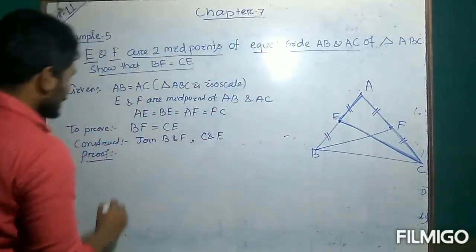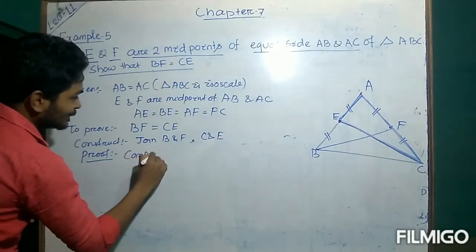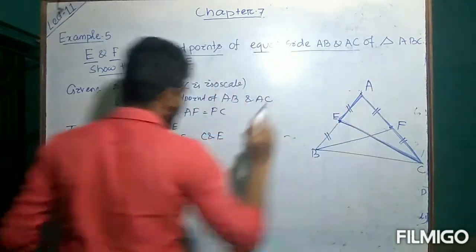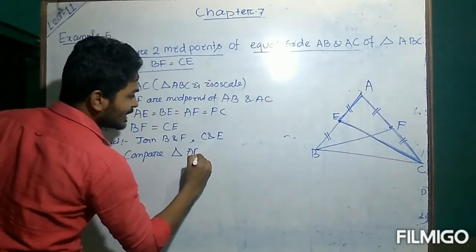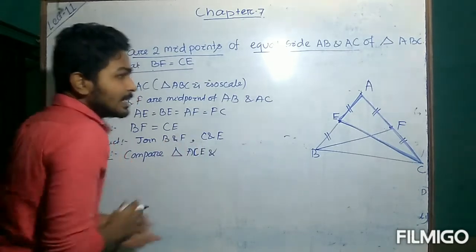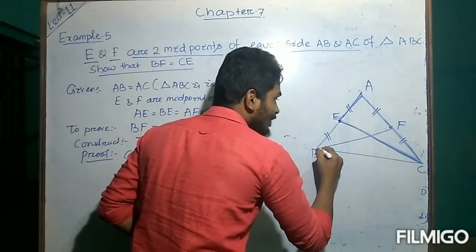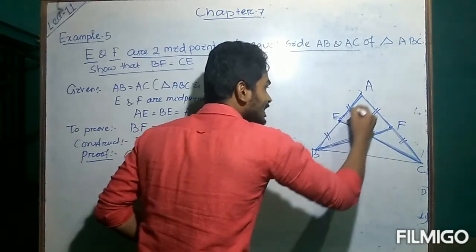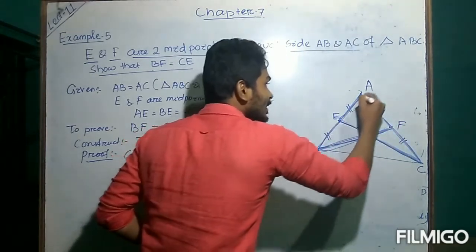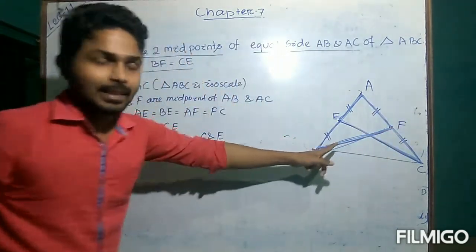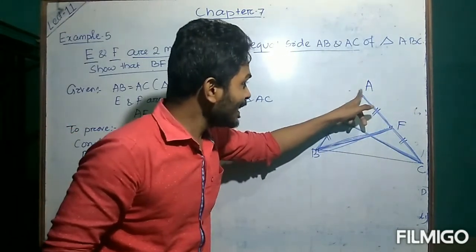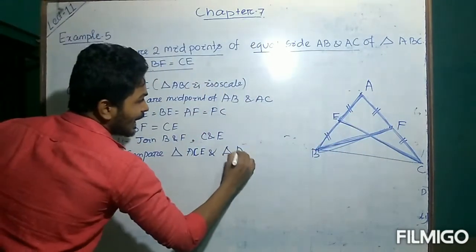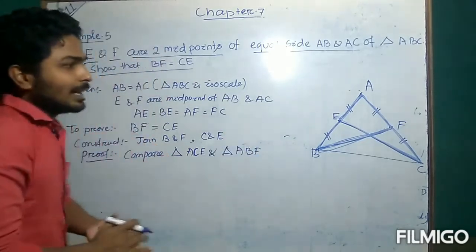Yes, you can take. So we have to compare the triangle ACE. Look at it carefully. ACE. And second thing, we have to find another triangle having side BF. If we take this as a side, then see, this is also a triangle. Did you get it? Which triangle? A, B, F. Okay? Triangle A, B, F.